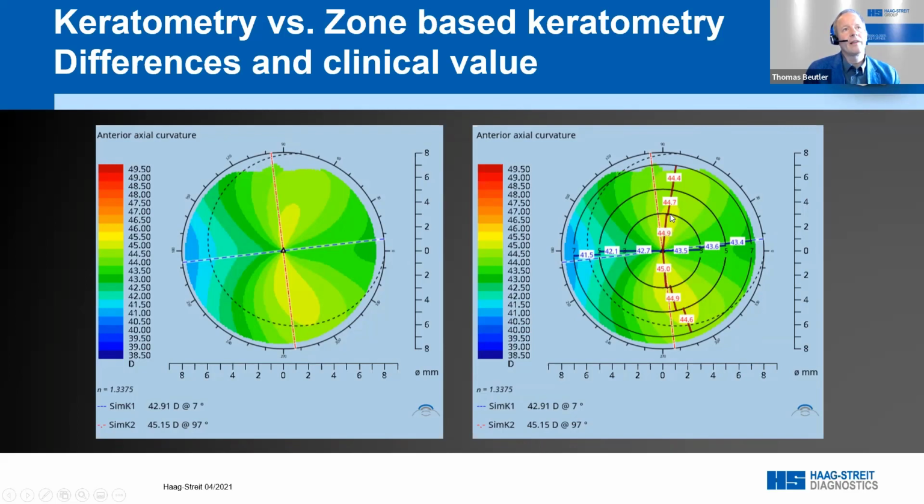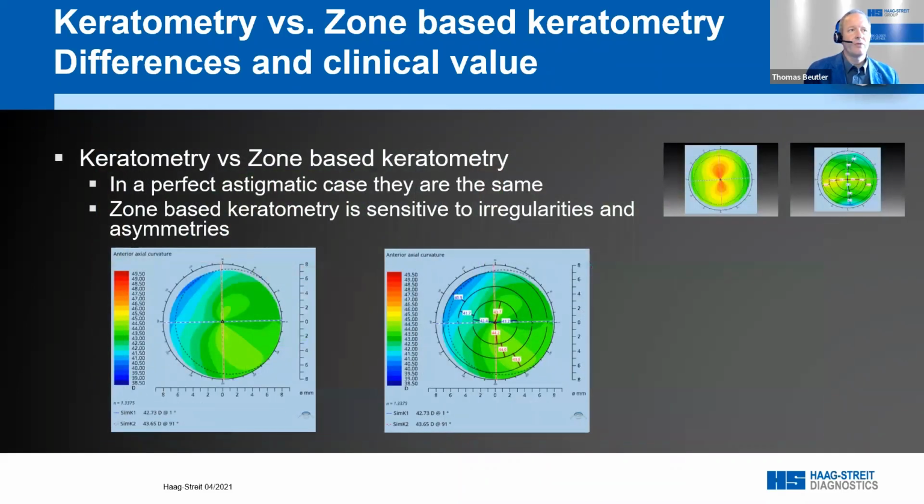The top meridian goes a little bit clockwise because of the tilting of the astigmatism. So not a perfect case, but still might be okay to go for a toric, at least in day vision. But you can already see and inform the patient that there might be some limitations due to the topography and the zone-based keratometry here. If we have even further asymmetries, like in this example here, which I would like to have a quick look at,